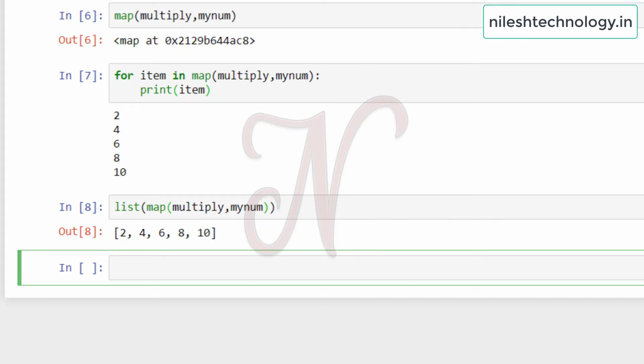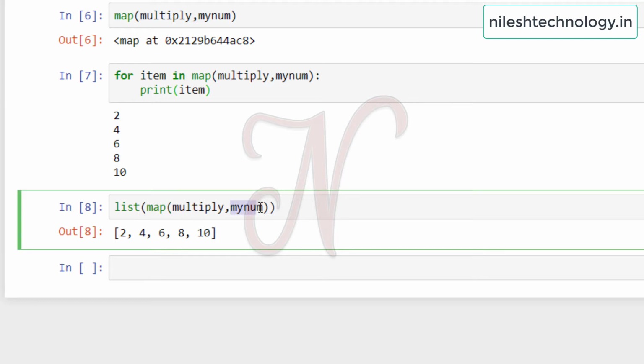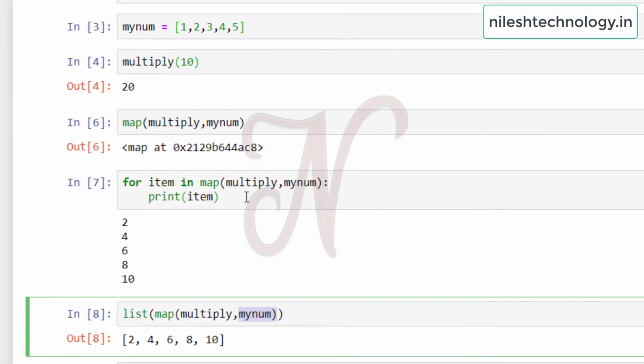Okay, so the map function automatically retrieves the numbers one by one from this list and passes each number to this multiply function parameter. My first number is 1. This 1 goes to the multiply parameter, and in the multiply function we return the number into 2, that means 1 into 2, 2.